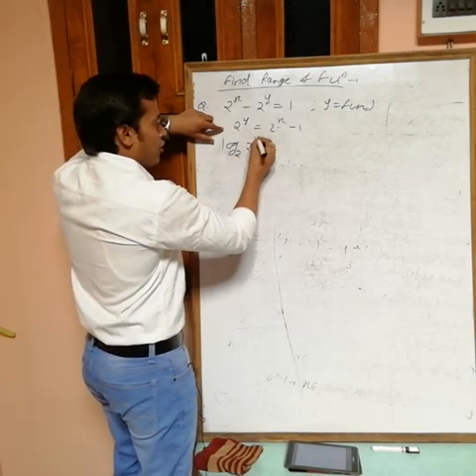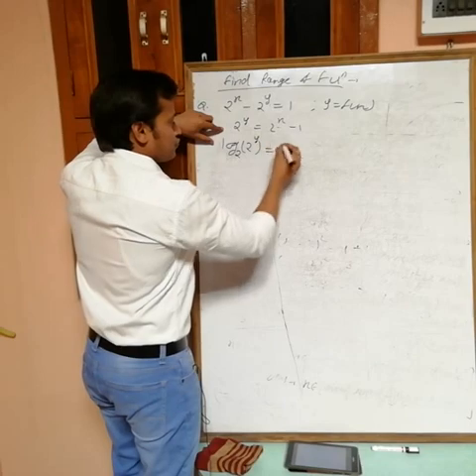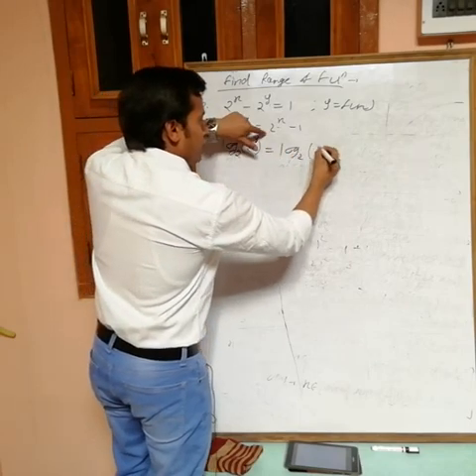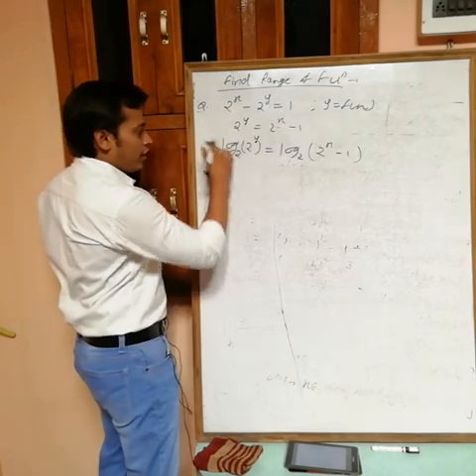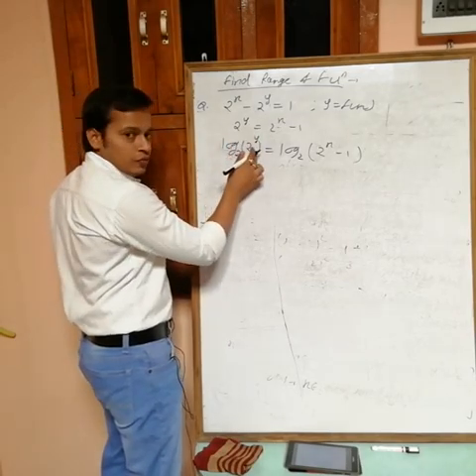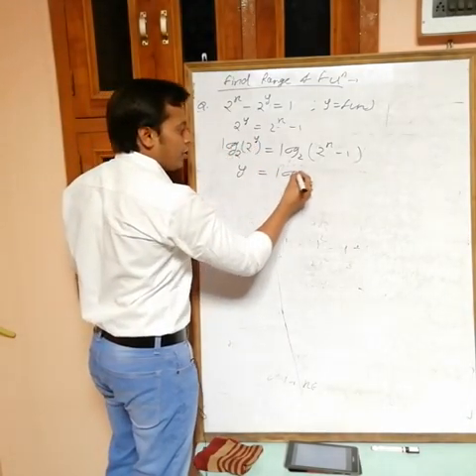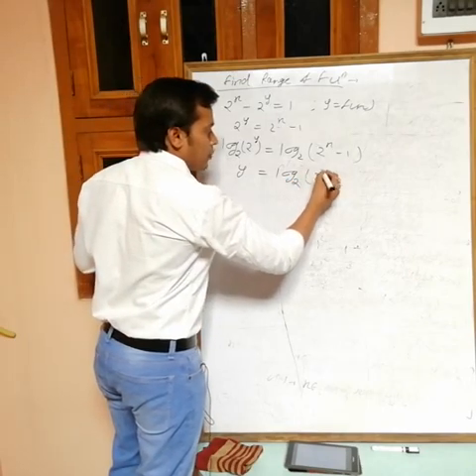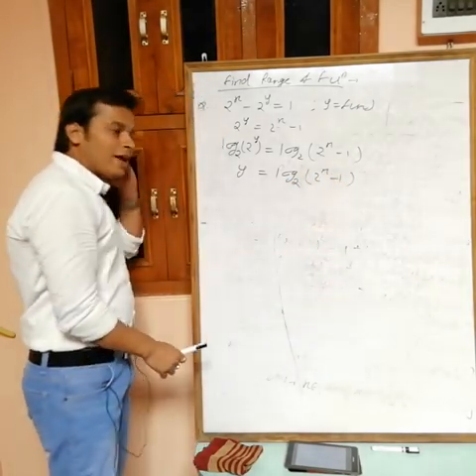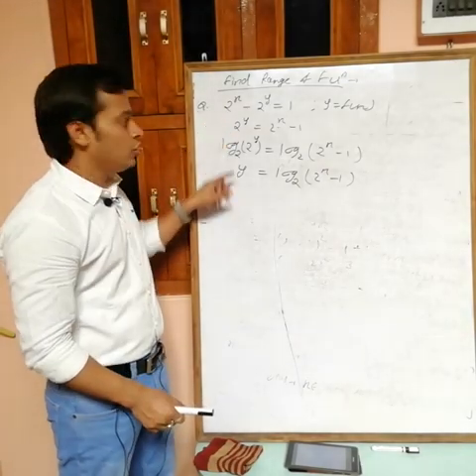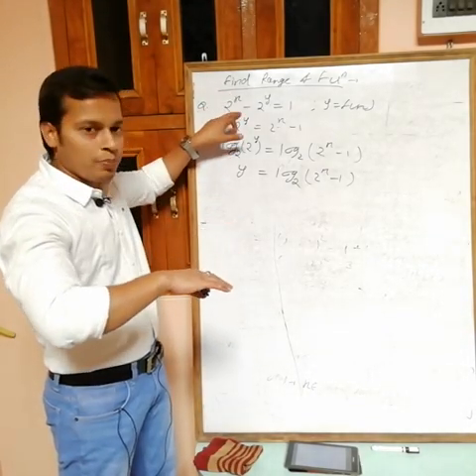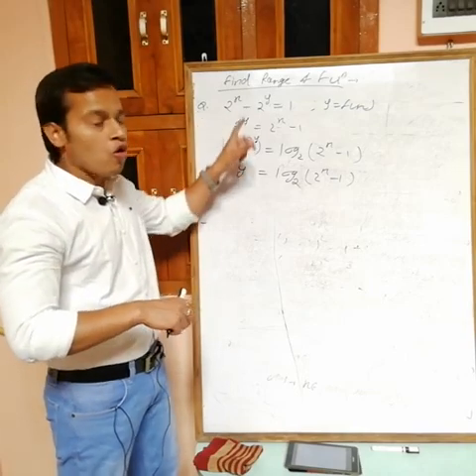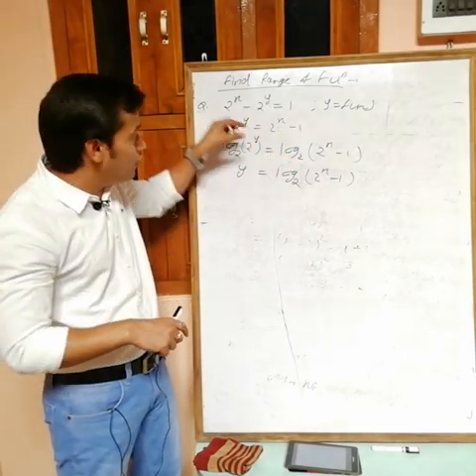Then here we have 2 power y on both sides. Okay, log with base 2. Here what we have 2 power x minus 1. Now see, y outside log 2 is equal to 1, and here we have log 2 power x minus 1. So actually directly you can write now from this one to this one, y is equal to, we have to take logarithm, if y is in power, so y equals log of this one with base this one.